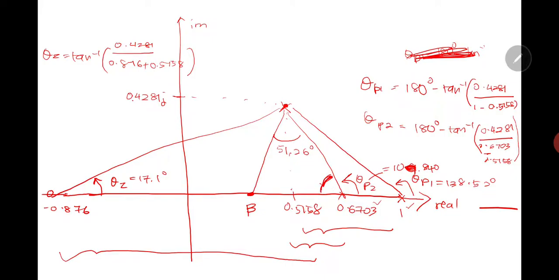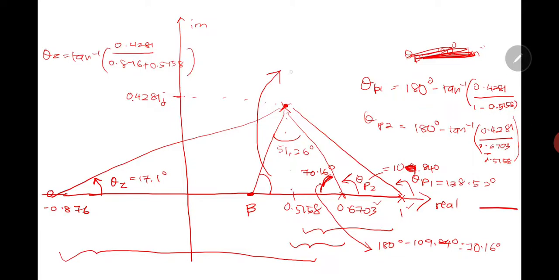The angle here is equal to 180 degrees minus 109.84 degrees, which is equal to 70.16 degrees. So here is 70.16 degree, and the angle here, you know that the summation of the angles in a triangle is 180